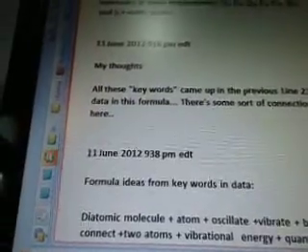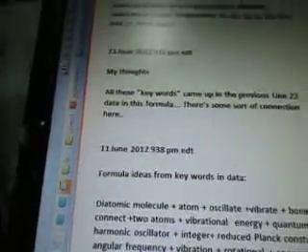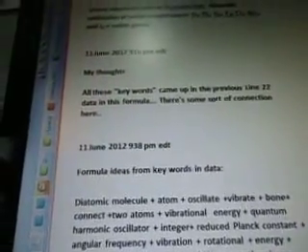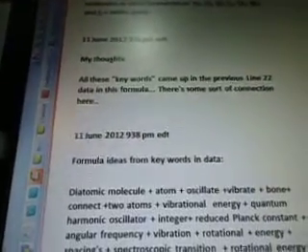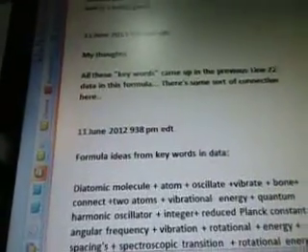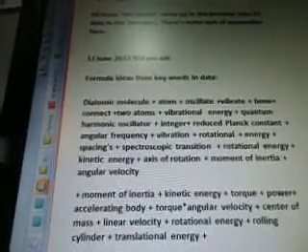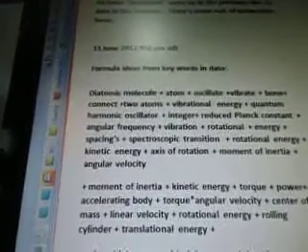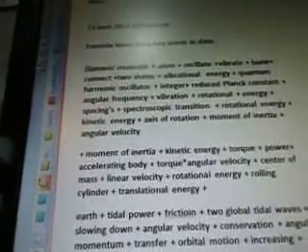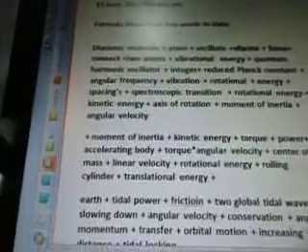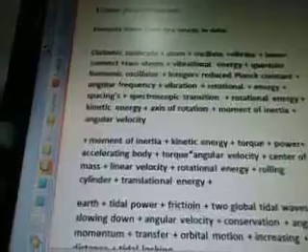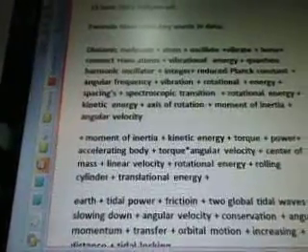June the 11th, 2012, my thoughts. All these keywords came up in the previous line 22 data in this formula. There's some sort of connection here. June 11th, 2012. Formula ideas from keywords in that data. Diatomic molecule plus atom plus oscillate plus vibrate plus bond plus connect plus 2 atoms plus vibrational energy plus quantum harmonic oscillator plus integer